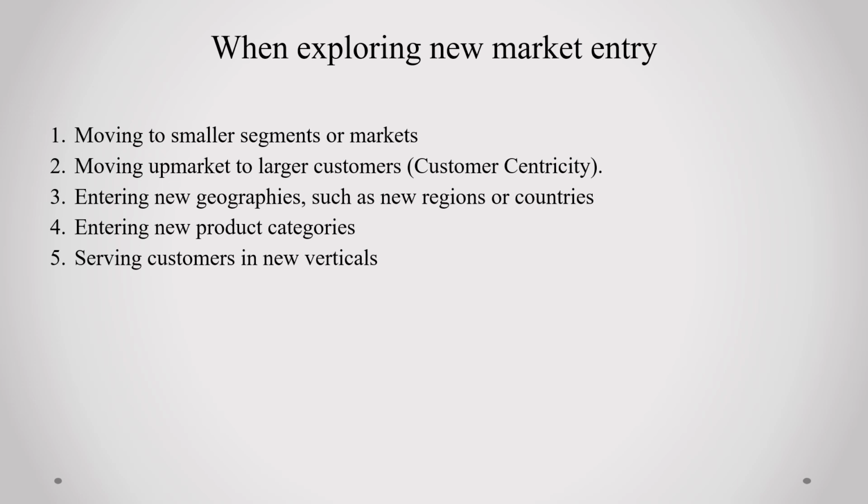customers, and then looking at something called customer centricity, which is identifying who our best and most valuable customers are, and then figuring out a way to do a better job of meeting their wants and needs so that we do not lose those valuable customers. This is very much, of course, what the casinos do when they have a well-known gambler who comes and gambles there all the time. They want to make sure that they focus on that customer and don't lose that customer to a different casino.